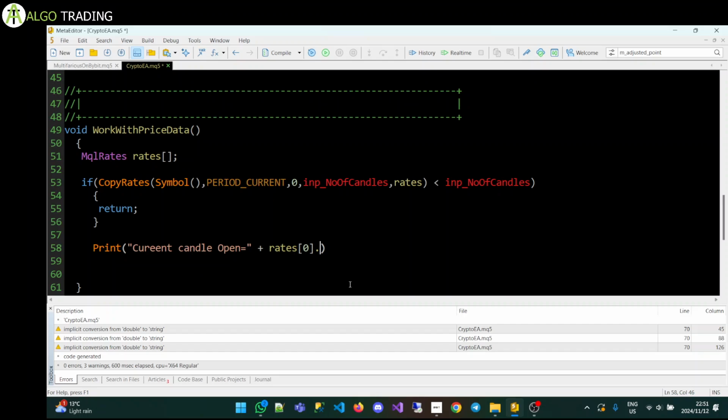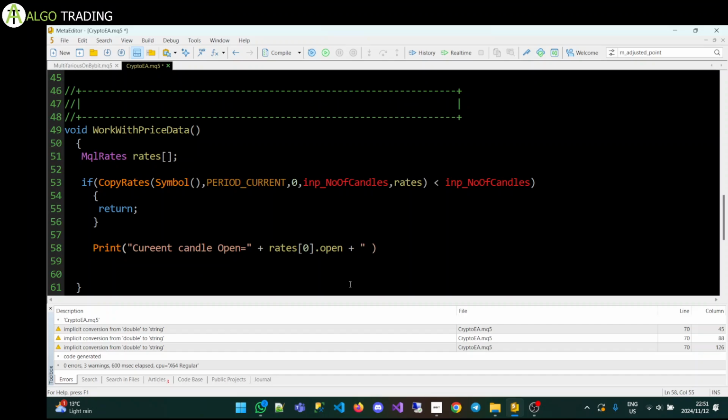So you could say if the low of the previous candle, or candle 1, is lower than the other low, and the high is higher than the other low, then you've got a bullish engulfing pattern. Or you could do any sort of candlestick patterns that you want now, because you have all the data to work with. So we're going to say a current candle open,